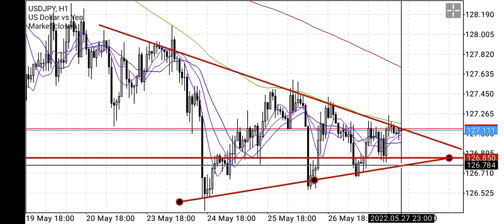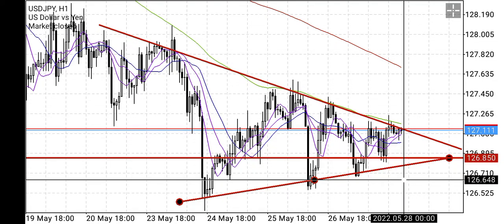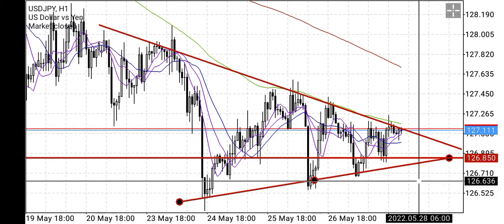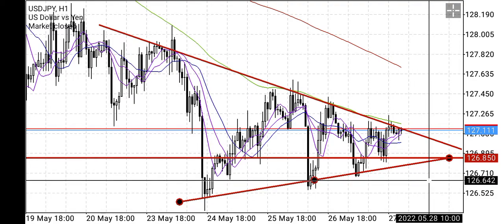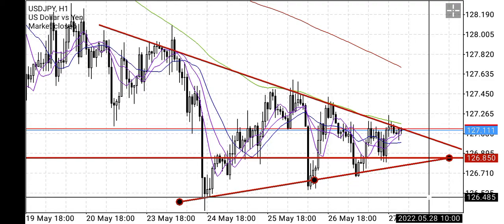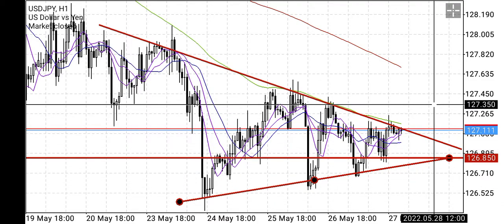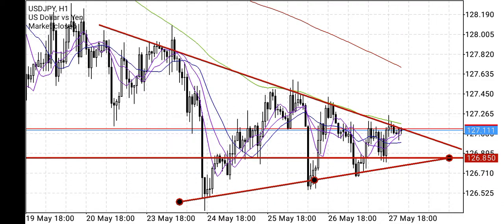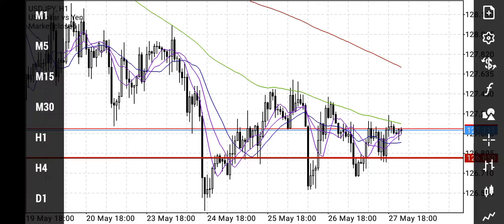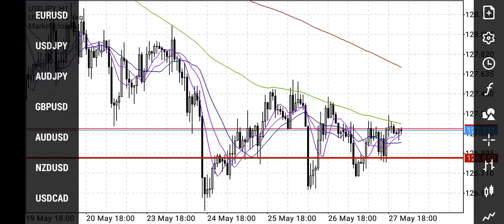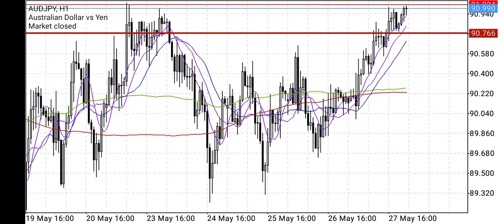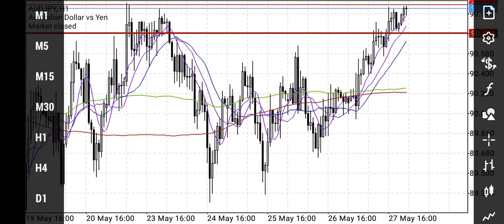But if price breaks this level and comes down, maybe to somewhere at this level, then you can place a sell stop order, then price will keep falling. So this is more like a triangle. You just have to wait for a breakout, so you have to be patient about this. Let me try to switch to the next. The next is AUDJPY. I know I'm kind of slow, but I'm taking my time so that you guys can understand